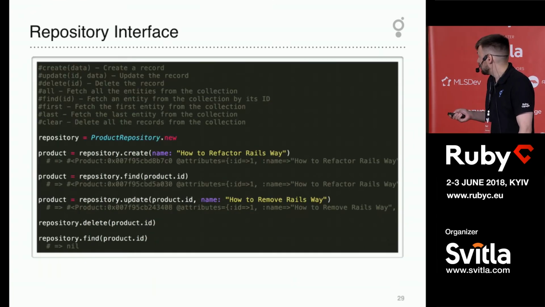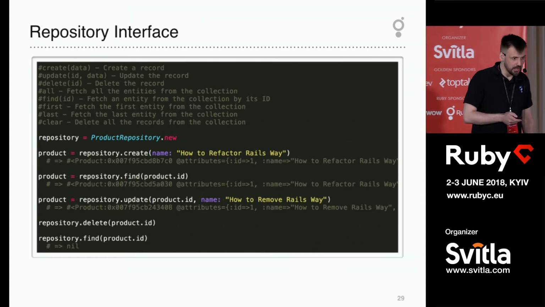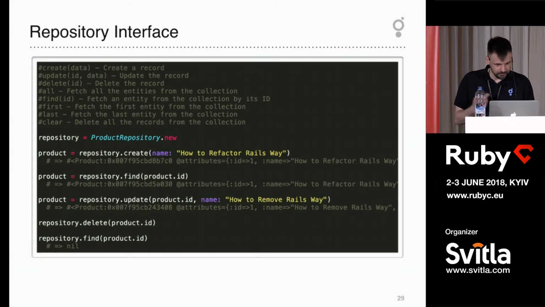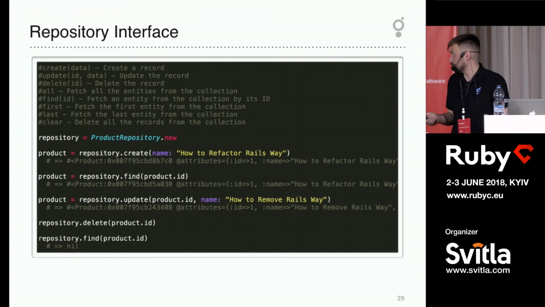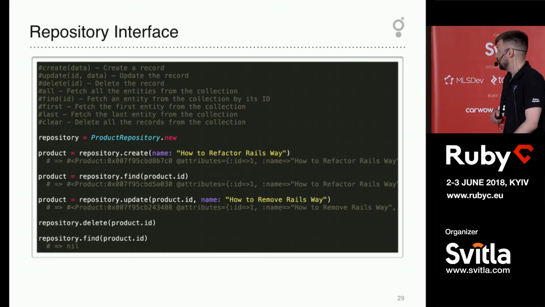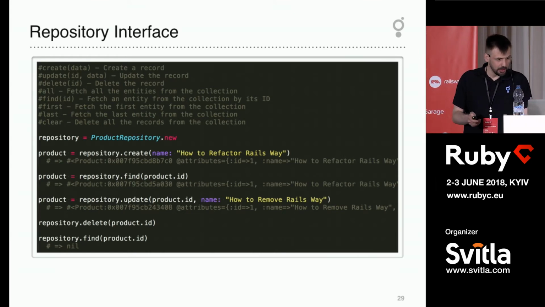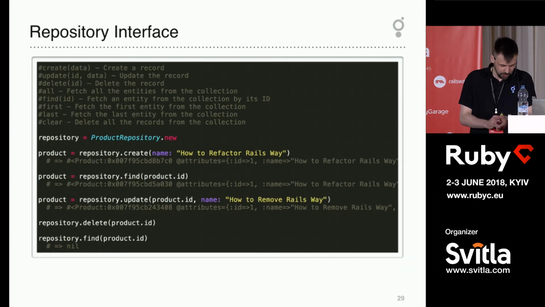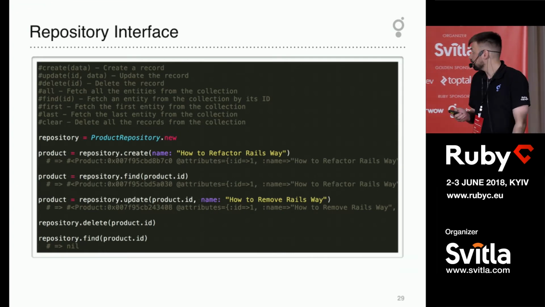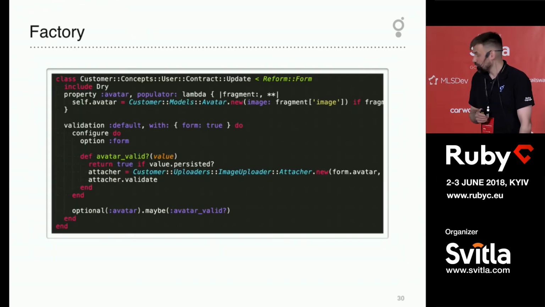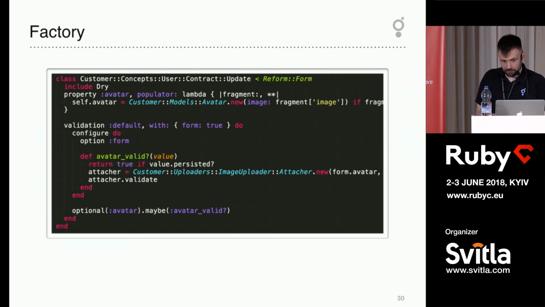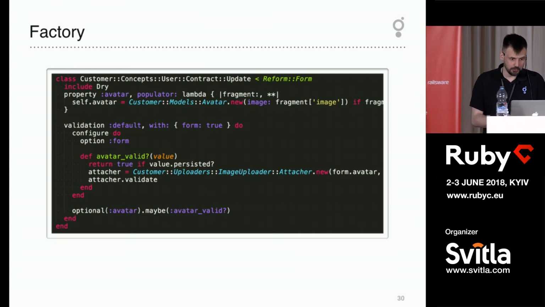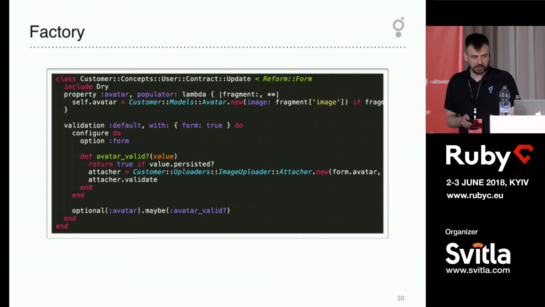This is a simple interface of a repository. It is automatically mapped onto our aggregator and provides the ability to work with some standard interface like create, delete, get all, and so on. Typically, a repository will be created only for an aggregator. Factory, with factory all is pretty clear. We have Reform, and we use this tool to implement a factory approach.